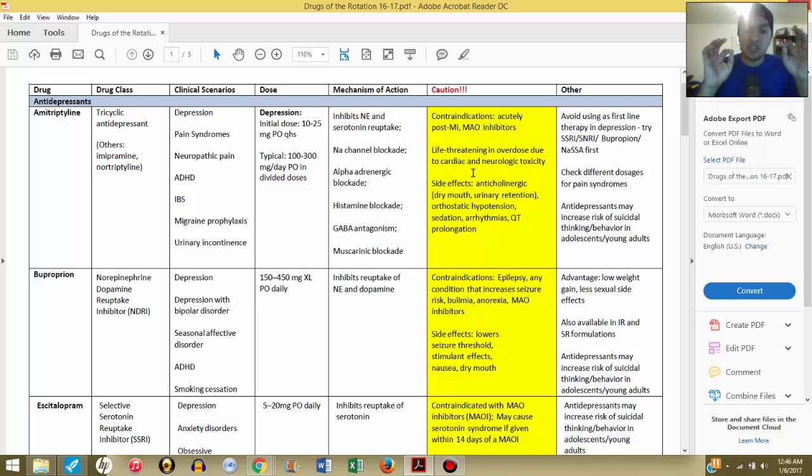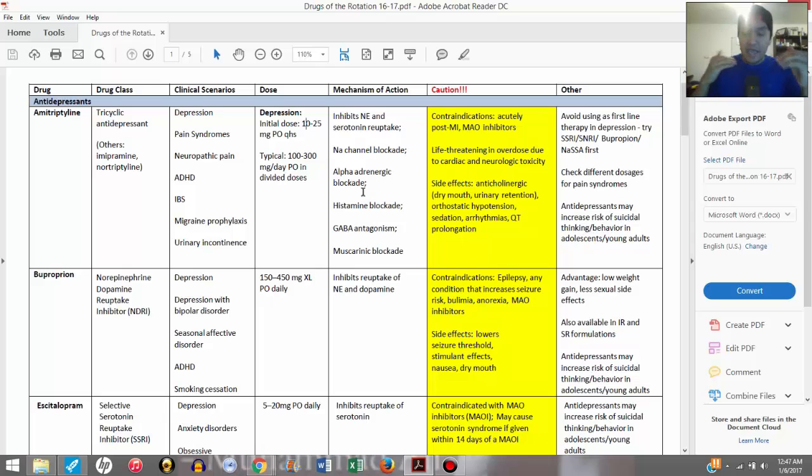But it's not just about remembering, because you have to actually apply this to different situations, and there are so many different ways they can test all this stuff. They could ask which drugs have doses in this range, and multiple drugs could fall into that range. And so maybe they give you one more thing, like it's depression or pain syndromes. They start giving a little bit more, but just the amount of information you have to remember is ungodly.